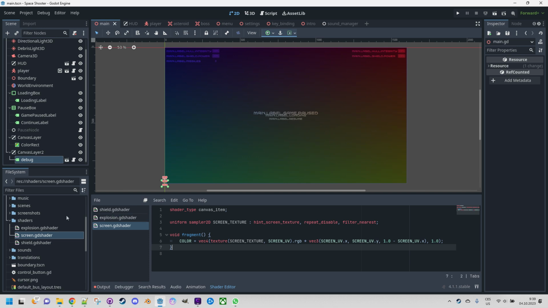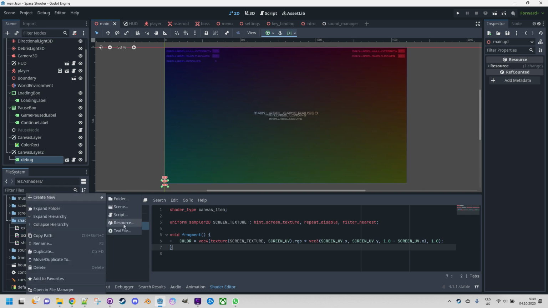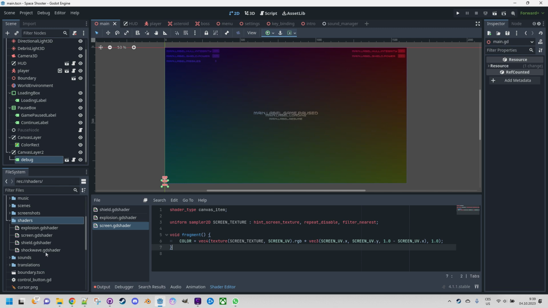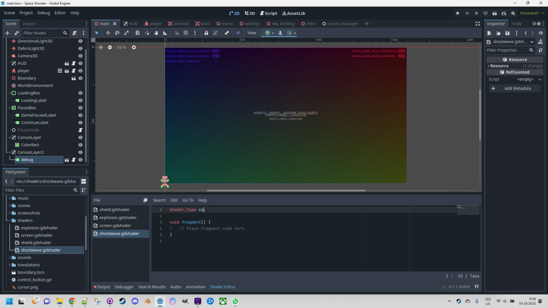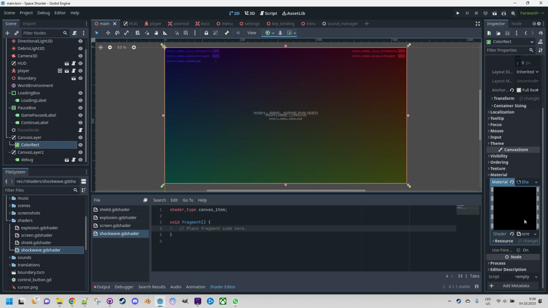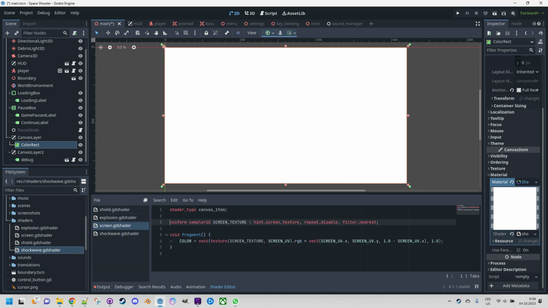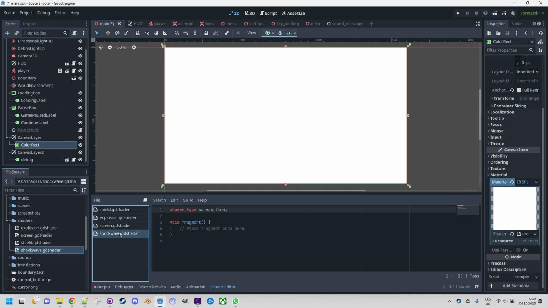Okay, so I will create a new shader here. Right-click, create new resource, shader, and call it Shockwave. Alright, and it seems I created spatial again, canvas item, of course. And let's replace the shader in our material. Correct, material is here, shader. So I will drag the Shockwave GD shader. Okay, so, sorry, I will just copy this line. We'll use the